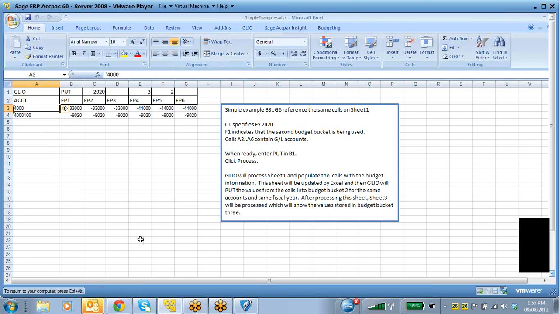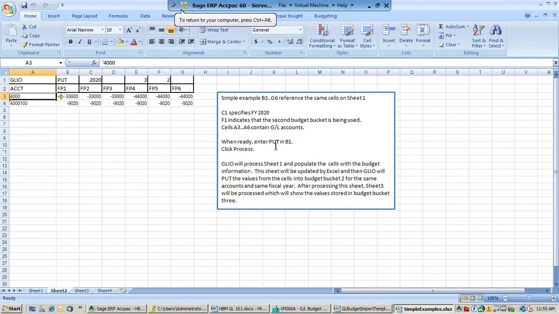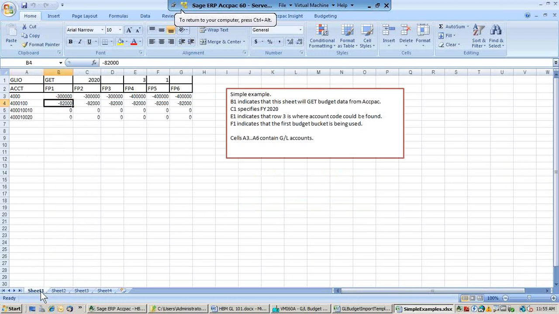What this is able to do is build a spreadsheet that, and again, it's a little bit technical, lists the GL accounts here, the fiscal periods here, and by having the word get here,